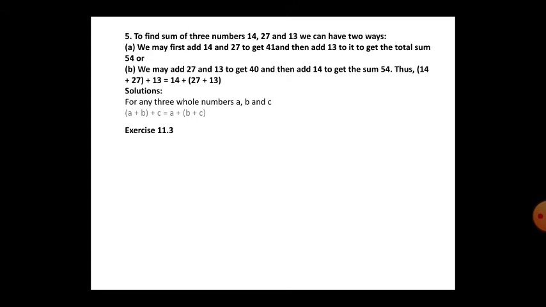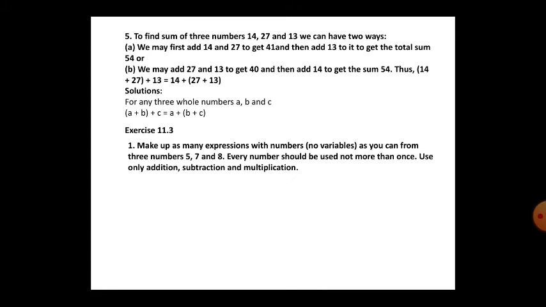So here you have to express this in a pattern. You know that A, B, C are all called variables. So you have to express this in variables. Instead of writing numbers, you have to express it in variables. For any three whole numbers A, B, C, (A plus B) plus C equals A plus (B plus C). See here, two ways you can observe. What property is it? In whole numbers you already studied. It is the associative property, right? So you can add in any way, the sum remains the same.